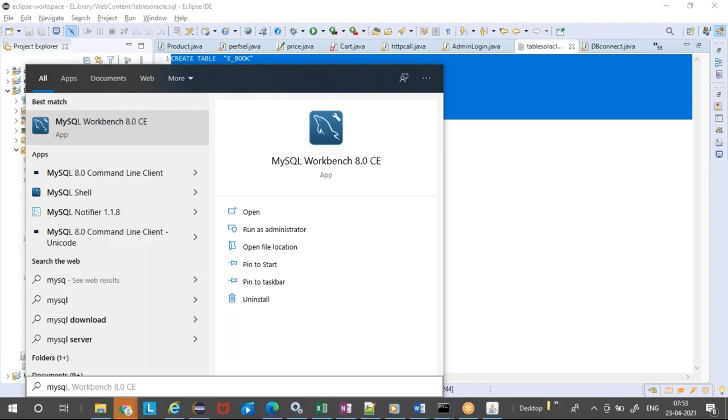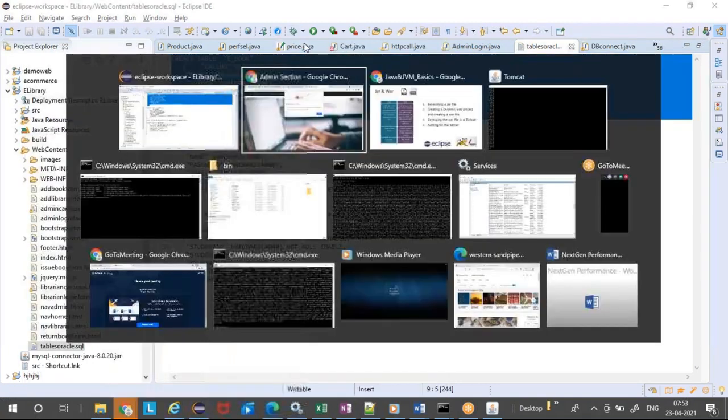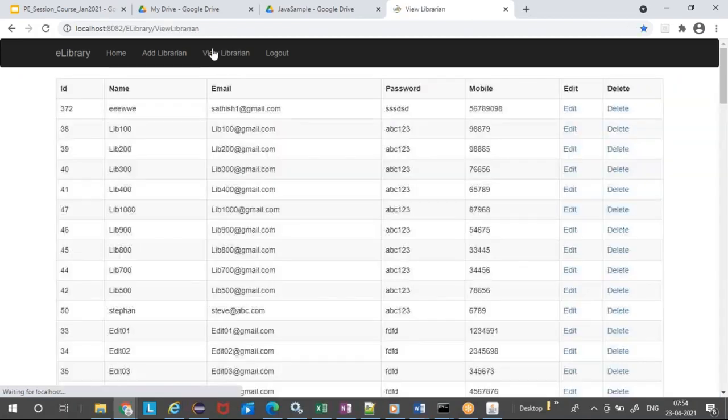Once that is done, you can look into the SQL part. It is not mandatory, but it is good to have, because then you will be able to view the librarian, and if there are any issues with the database, with those queries, they will appear in JProfiler or AppDynamics.